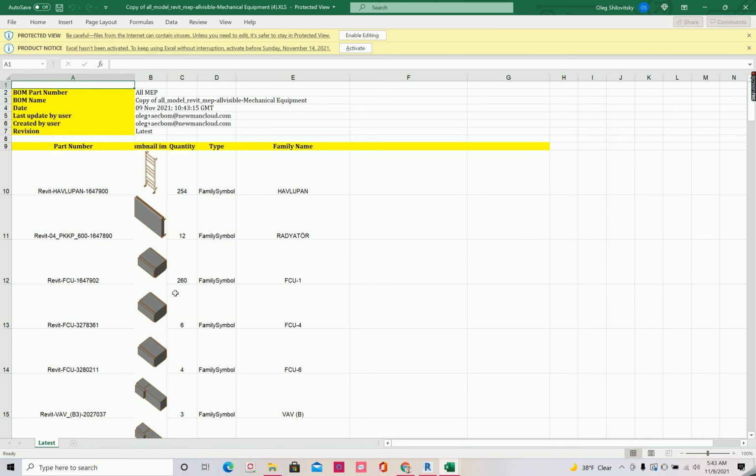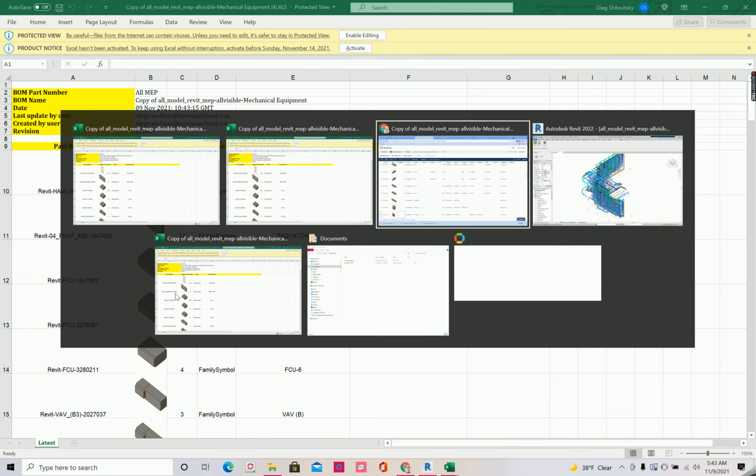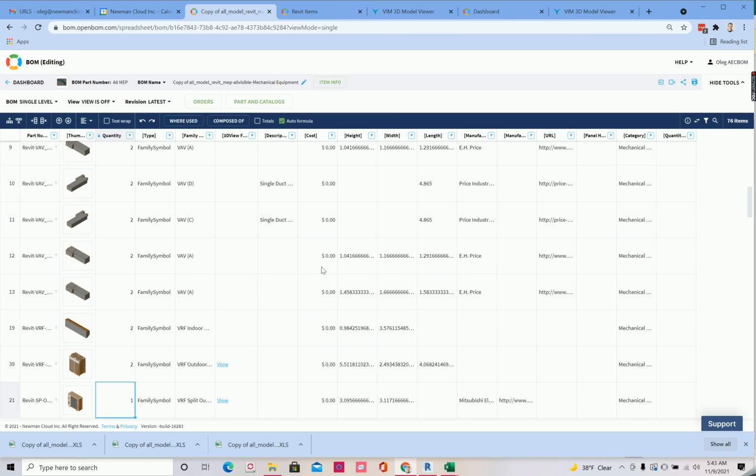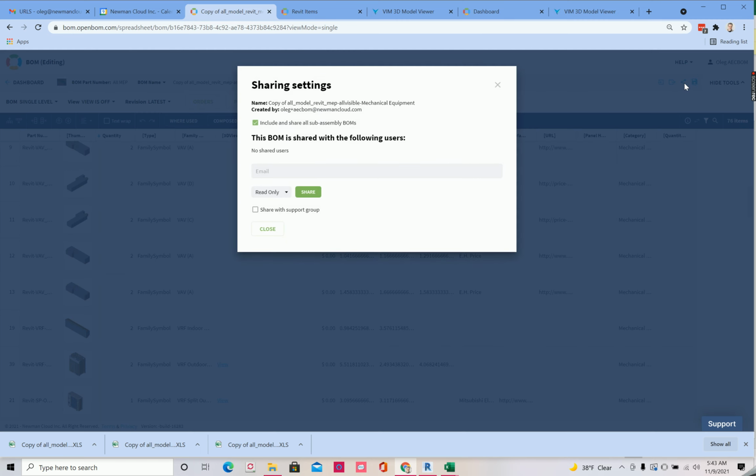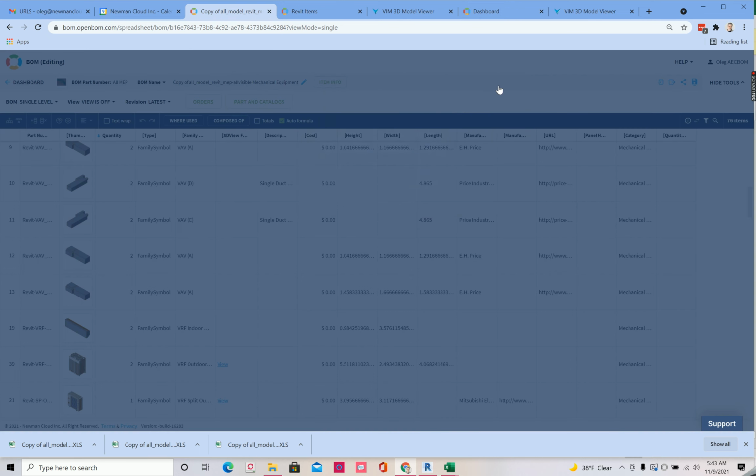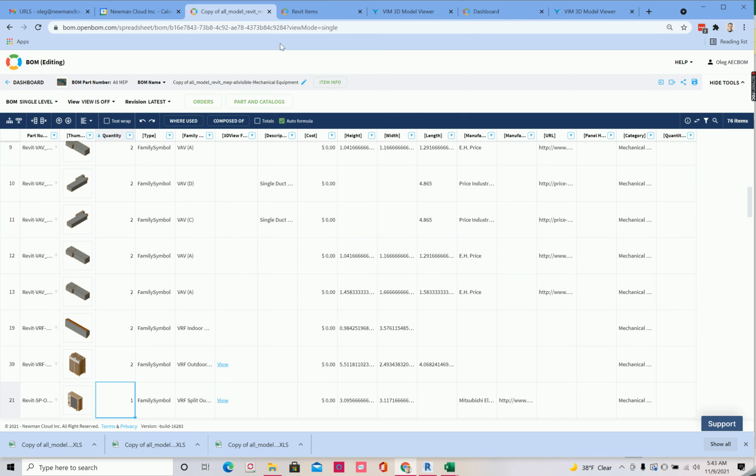Besides that, OpenBOM will allow you to collaborate online by sharing this information and these reports with other users. So you can think about AAC-BOM as an online application and how people can collaborate at the same time in multiple places, in multiple browsers. So that was a very first demonstration of AAC-BOM for Autodesk Revit,